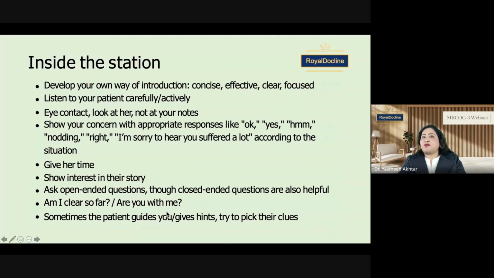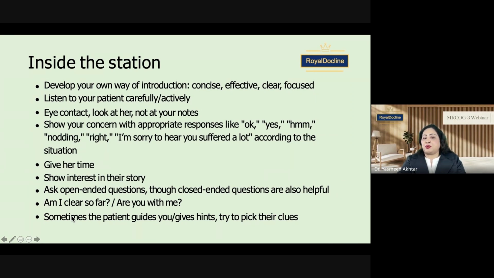Sometimes she gives you the information which she was hiding, and she was instructed, don't tell the candidate unless she specifically asks you for anything else you want to discuss. They want to know whether you are really going in depth with the patient or not. There are 1 or 2 stations like that in the exam.